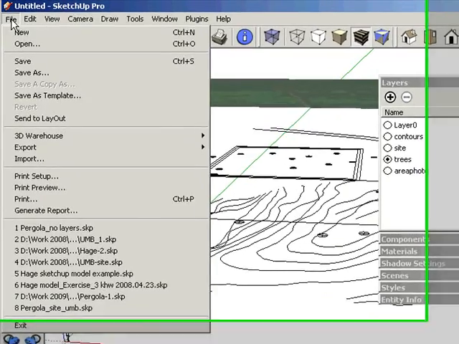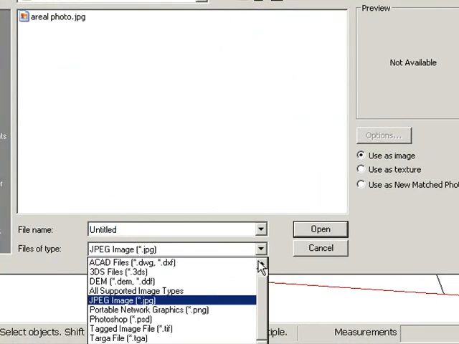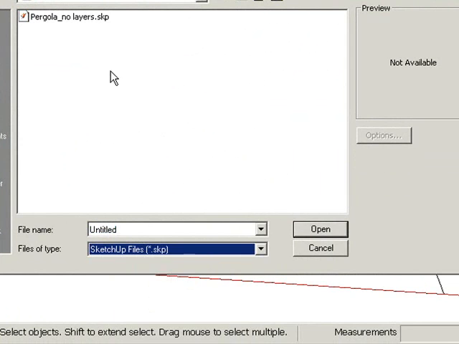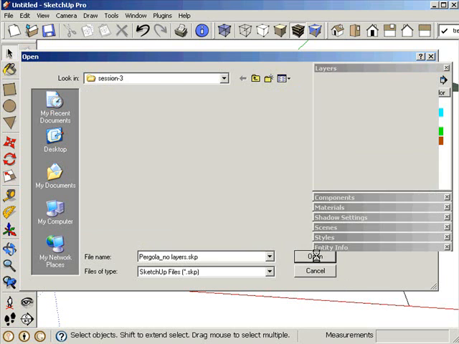and here we make sure that we created the pergola and it's ready, and there you make it as one group and you place everything in one layer. So here we go to the pergola. Here you see I call it pergola no layers. All the objects are made in one layer. We don't want to mess with the layers that we will have in the new project, so there I place everything in one layer